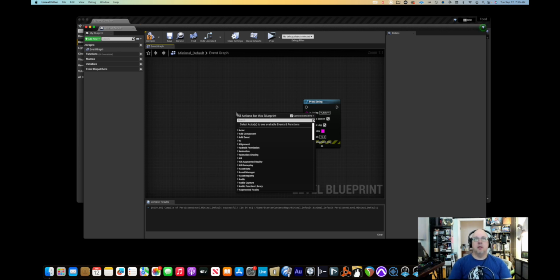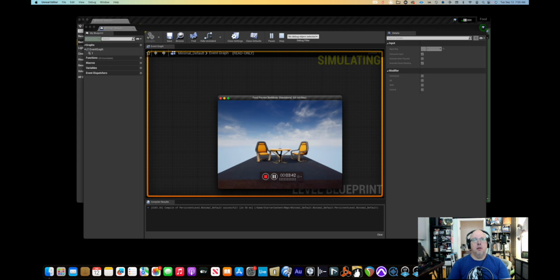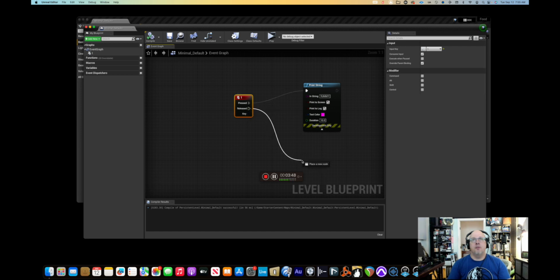If I right click anywhere on the grid and just push the number 1, then it gives you all these things. Now some of these don't apply, but these keyboard events do. We can make it whatever you want to make it, but I'm going to say 1. When 1 is pressed, I want to print the string. I can compile it and push play. And if I push 1, yummy. There you go. And let's say if I release it,